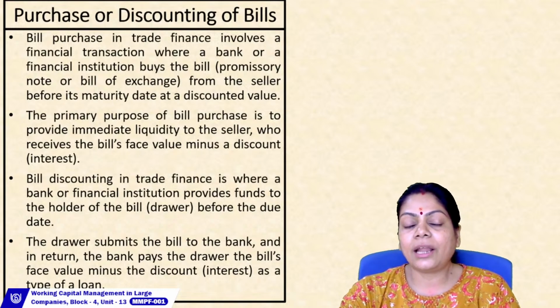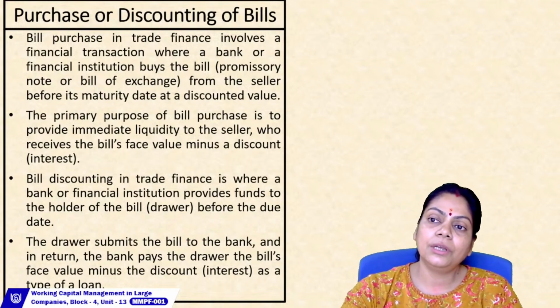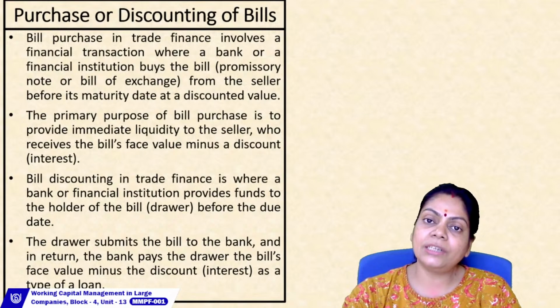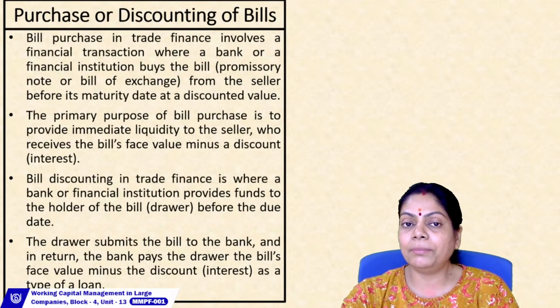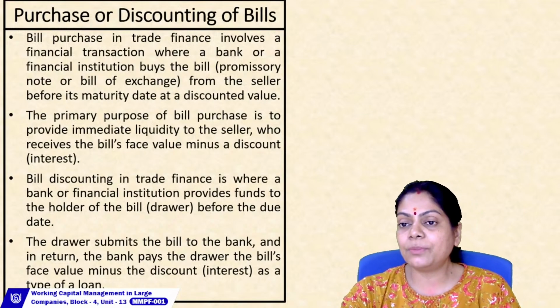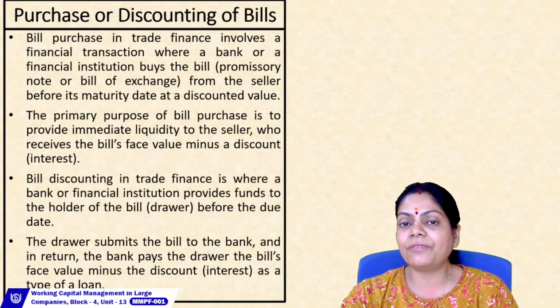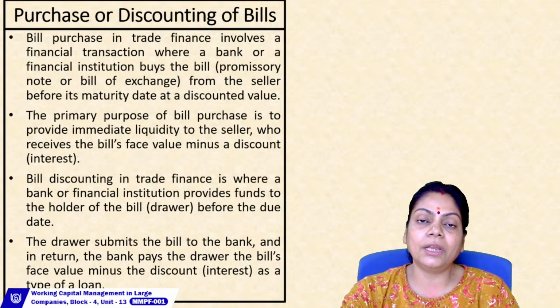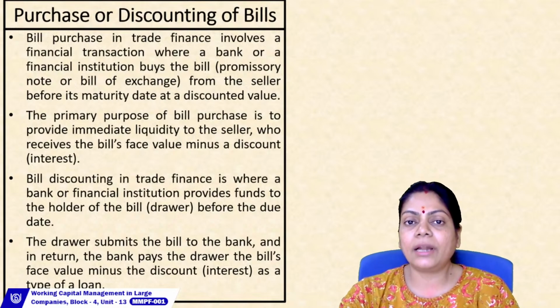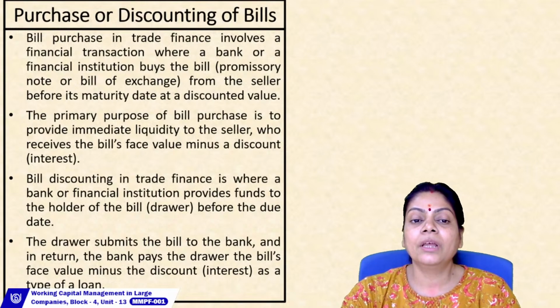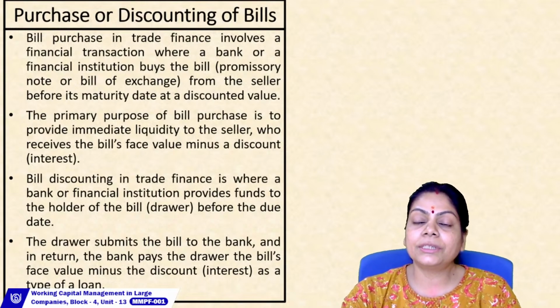Now life is very smooth, because today I got the bill, and today itself I sold my bill to the bank. The bank purchased my bill and immediately gave me the money. So today itself I avail, hypothetically speaking, let us say 4 lakh 90 thousand rupees. So then I'm happy that I got the liquidity that I needed. So the point is, this is the example of a purchase.